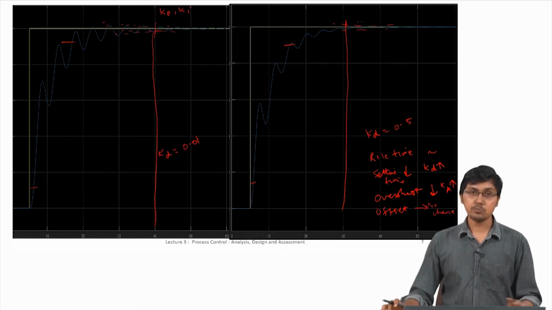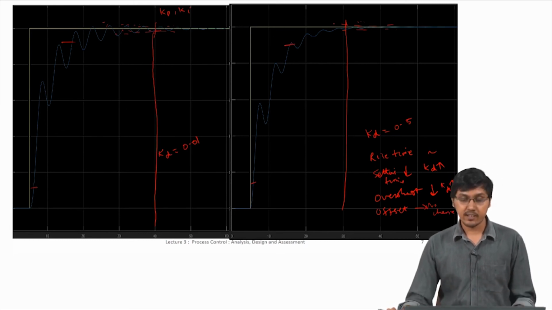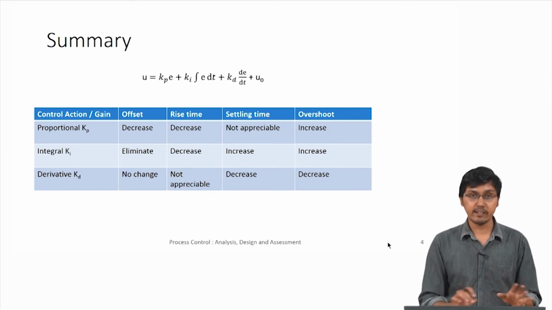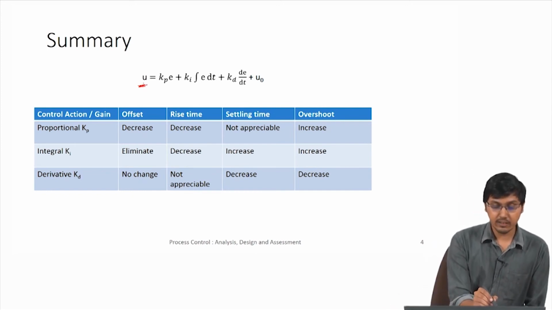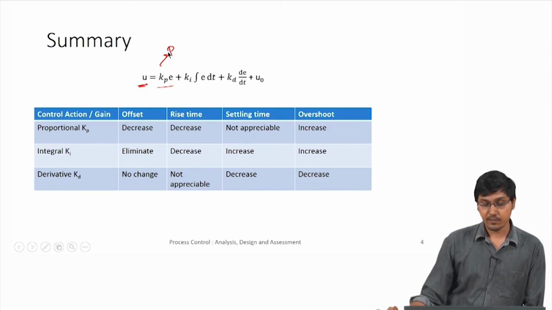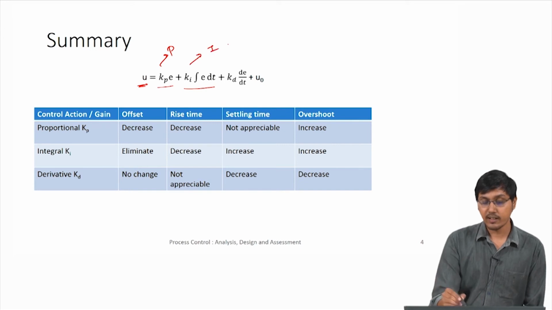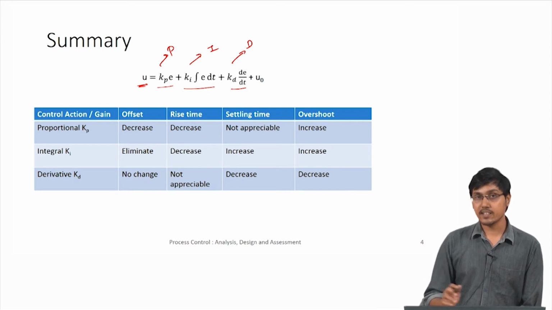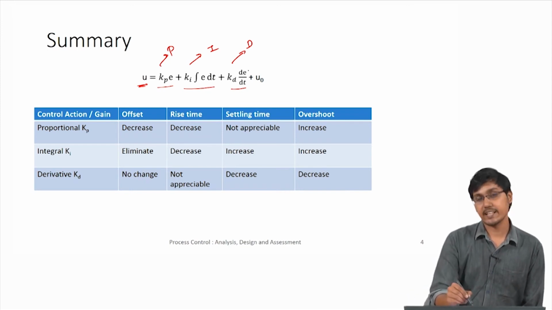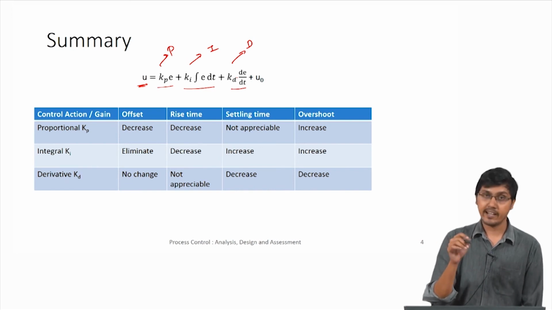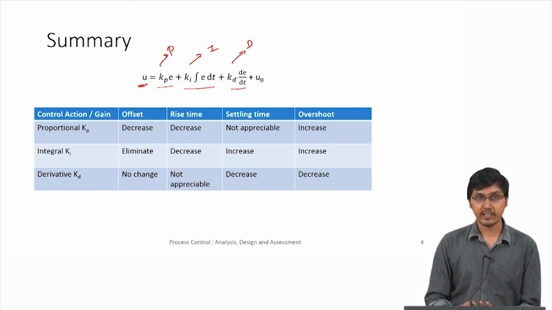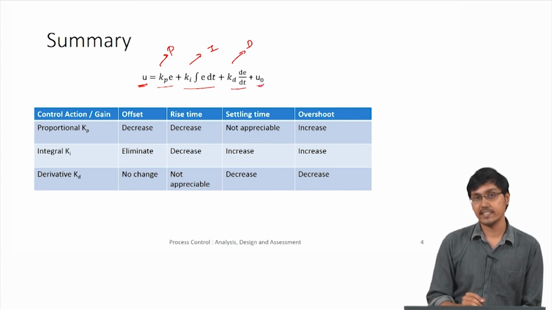So, let us put everything in a table. We saw the table, and this is the table that we are putting everything together. This is the control equation, which says that the output of the controller is nothing but Kp into the error, which is the proportional part of the controller, and Ki into integral e dt, which is the integral part, and Kd into d e by dt, which is the derivative part of the controller. We also saw that MATLAB did not use this exact representation, it used some N, but we said we will forget that for now. And this is the bias that we initially start the system with.